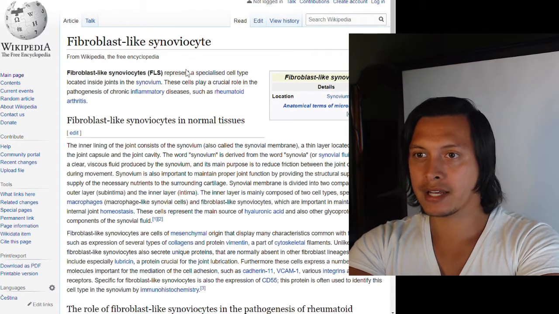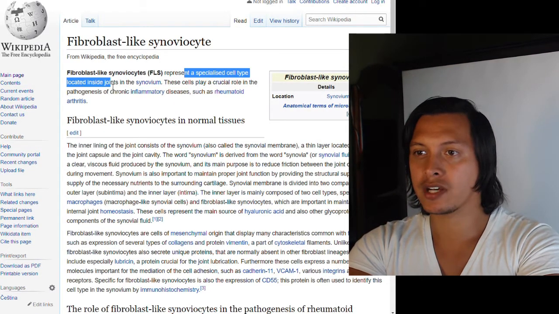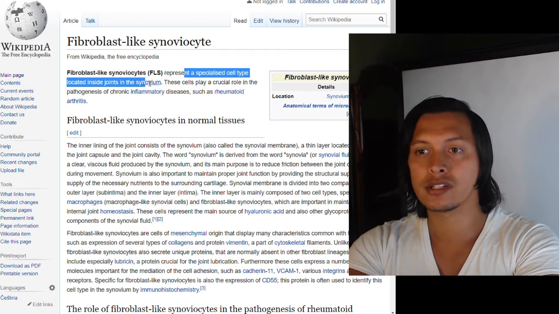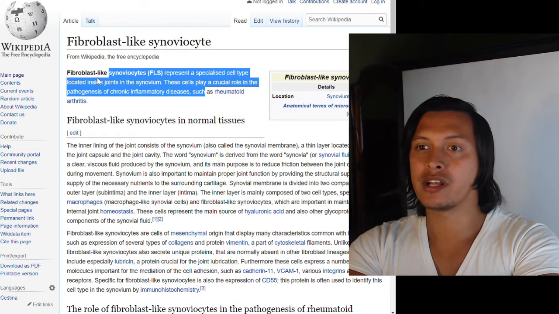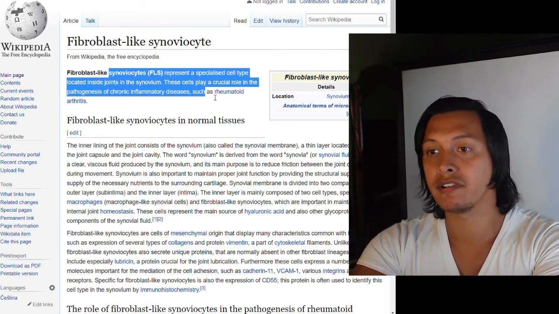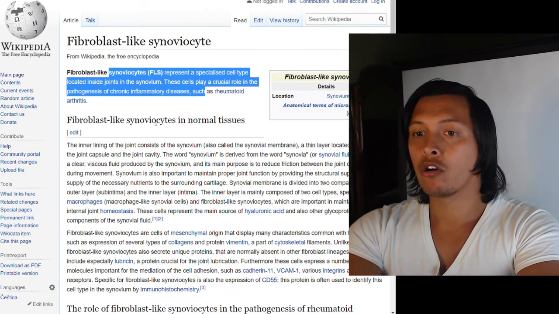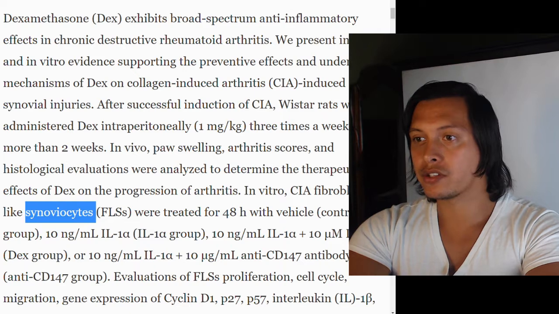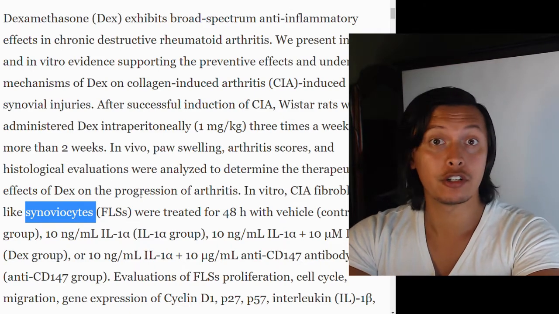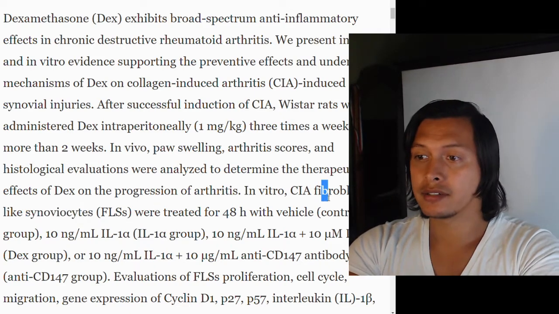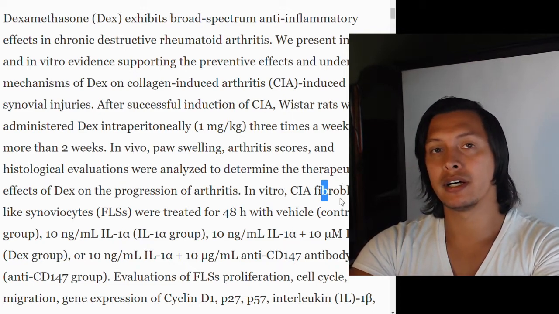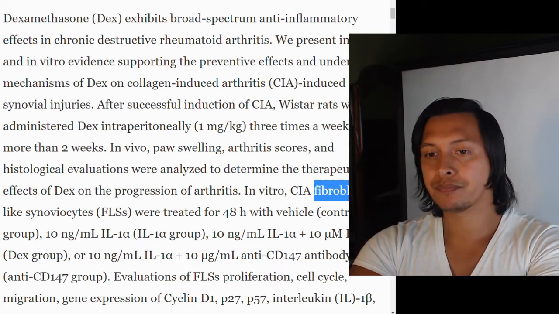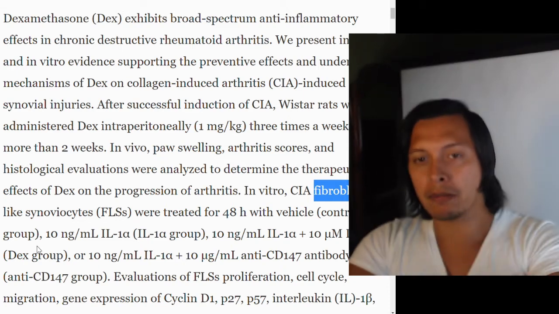A fibroblast-like synoviocyte represents a specialized cell type localized inside the joints of the synovium, and these cells play a crucial role in the pathogenesis of chronic inflammatory diseases such as rheumatoid arthritis. So these are just cells that live in your joints. And since they're fibroblast-like, they're probably very good at culturing because they're probably able to